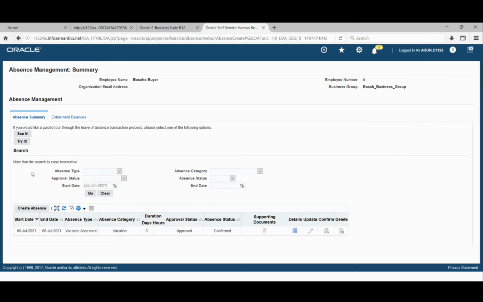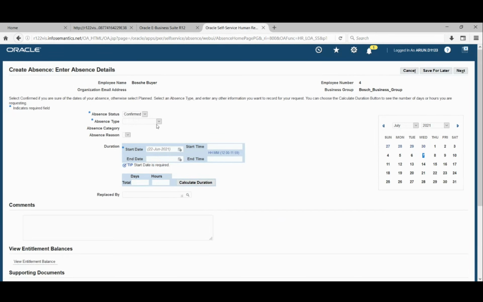So basically in absence, we will have to create it. This will be our landing page if we click absence management, wherein we will see our basic information, the name and the employee number. After that, if I want to create an absence, I can create it from here. The one that we created is not available here because we did not create the element. If you see here, we can see only the vacation allowance.